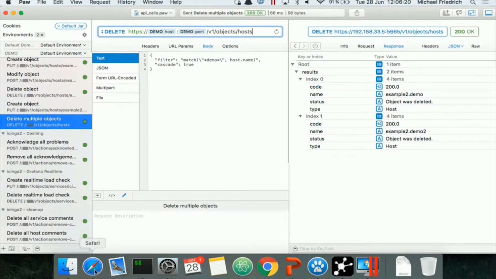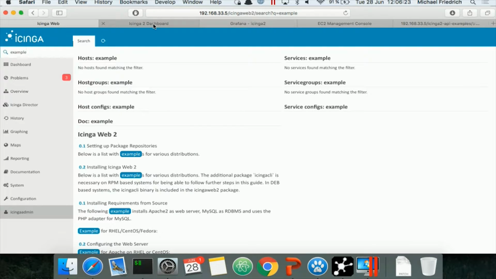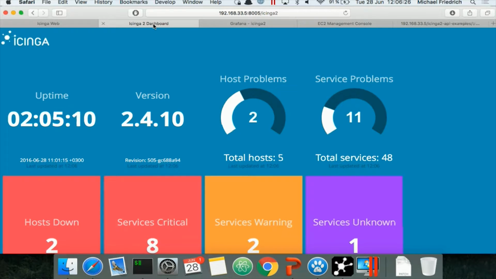Another example for something which is actually using the API. Maybe you know that from my previous talks. I've started to hack a Dashing dashboard using the REST API. I changed the design and style a bit on the weekend, preparing for my talk. So it should be a basis for your own dashboards, for your own implementation. So if you like it, fork it, send a pull request on GitHub. It's all open source. The idea is to tell you the uptime, the current version, problems, and also things